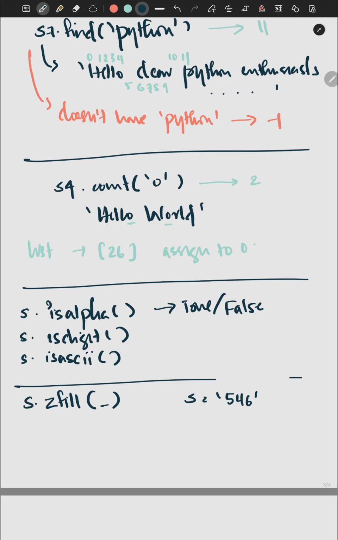So we can write s.zfill and give the number that we want. So we want, let's say we're dealing in the thousands, so we give zfill(1), and what this will do is give us 0546. Basically this will pad one 0 in front of the string,